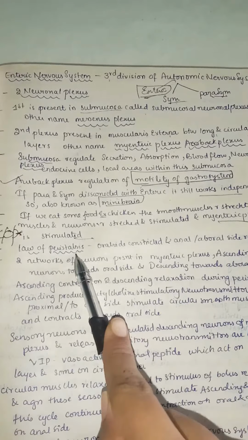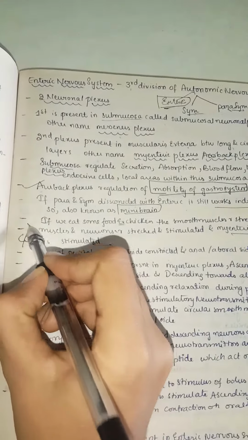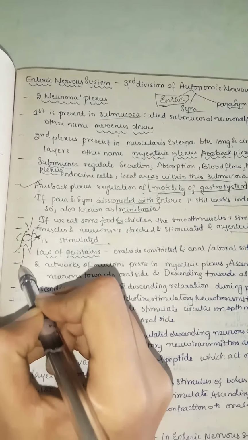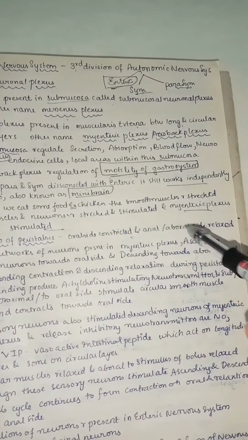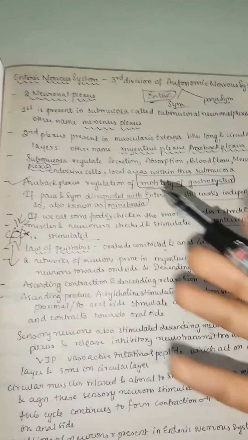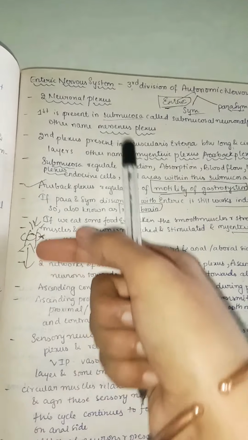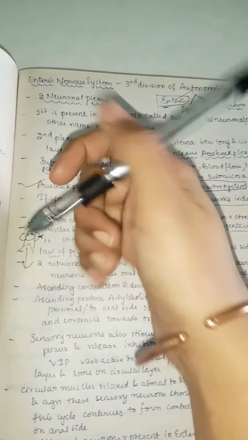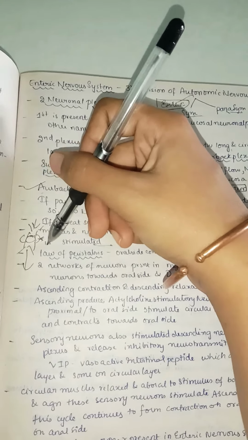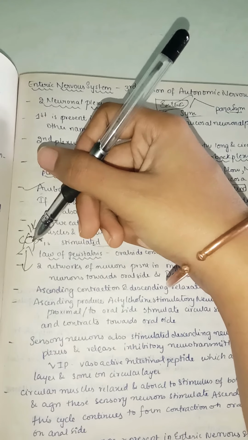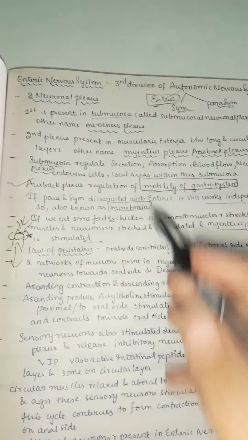The law of peristalsis: the oral side is constricted. For example, this is the oral side, the mouth, and this is the anus side, right? This is the input, this is the output. So the oral side is constricted and the anal or aboral side is relaxed. Now you can understand the pressure. It's constricted here, and this side it's open, giving the way towards the anal side. So the food you have eaten will constrict this side. Because of this, the myenteric plexus is activated and it starts peristalsis. Here it gets constricted, here it pushes forward.